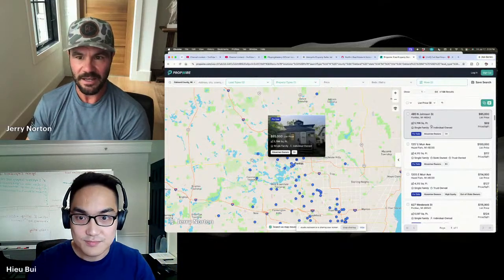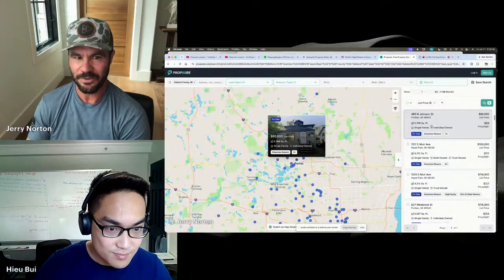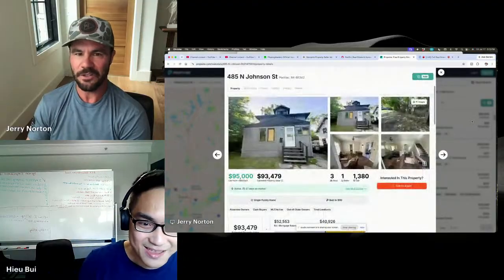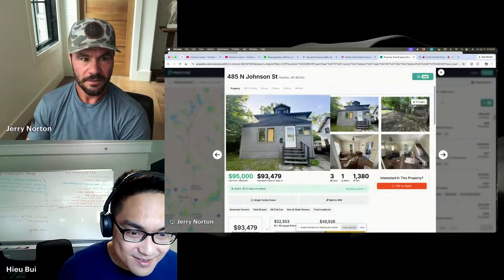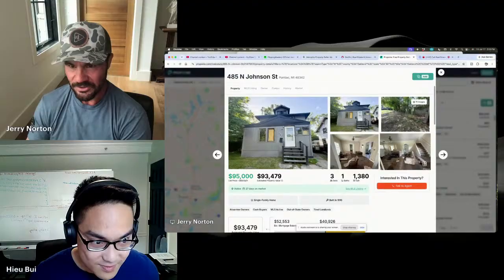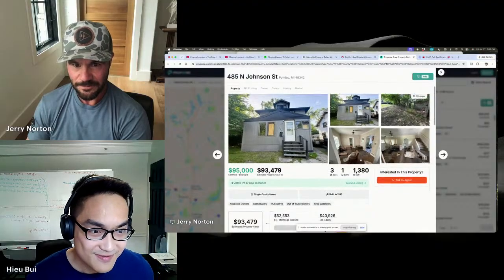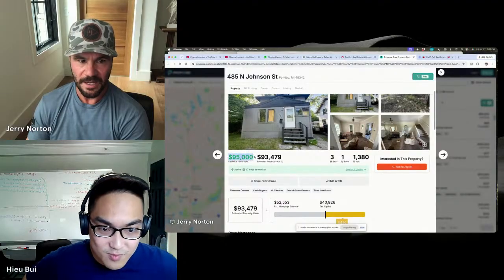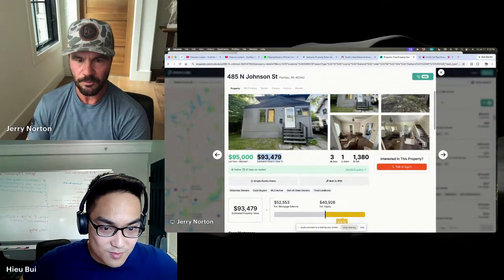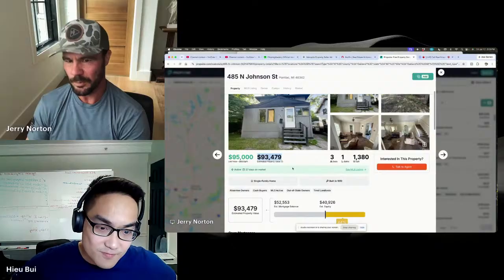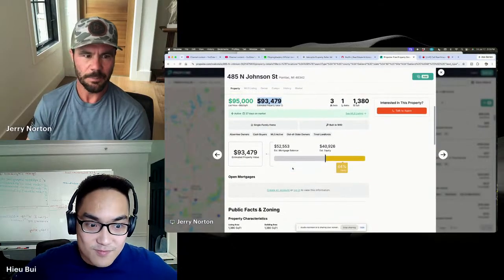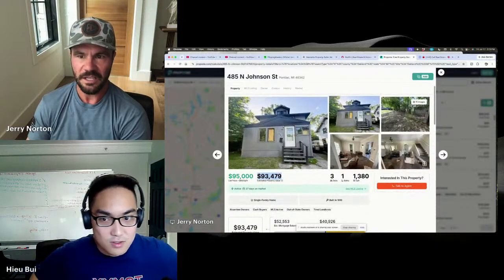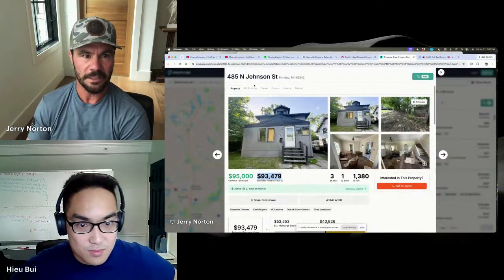I'm just looking at the picture that popped up on the screen, and I think there's like a board in the window. So I'm going to click on this card and look at it. I mean, look at the pictures. Jeez. This is definitely something that we would be interested in. Now, they have it listed at 95 with an estimated value of 93. So it's probably overpriced, but that's not the point. The point is I found a distressed property, and I'm going to call this agent. I can look at more pictures if I want, but I don't really need to.